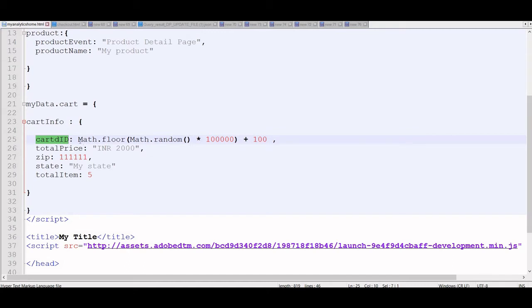To make sure it's dynamic in nature, I have used the JavaScript Math.random function, which will take any one number from here till the next 100. I'm passing other variables as well, but I'm mainly concerned with purchase ID, transaction ID, which will be this cart ID, and zip and state.